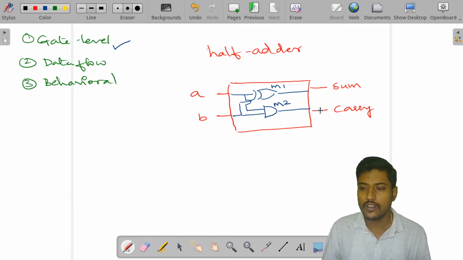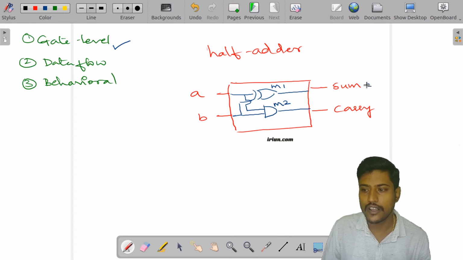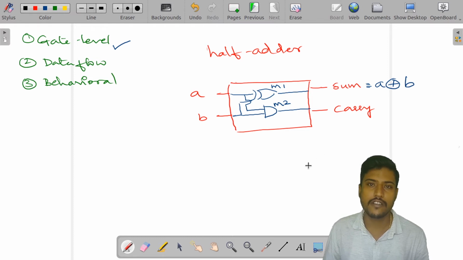Now this is one way, and one more way is, based on the Karnaugh map, we end up with SOPs or POS, so we get some equations. If you write in terms of equations, I will write A XOR B. This is the sum equation I have got, and the carry equation I have got is in terms of AB.